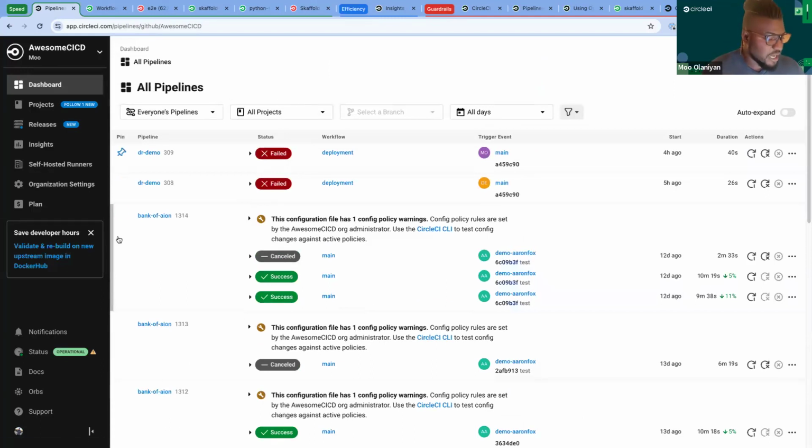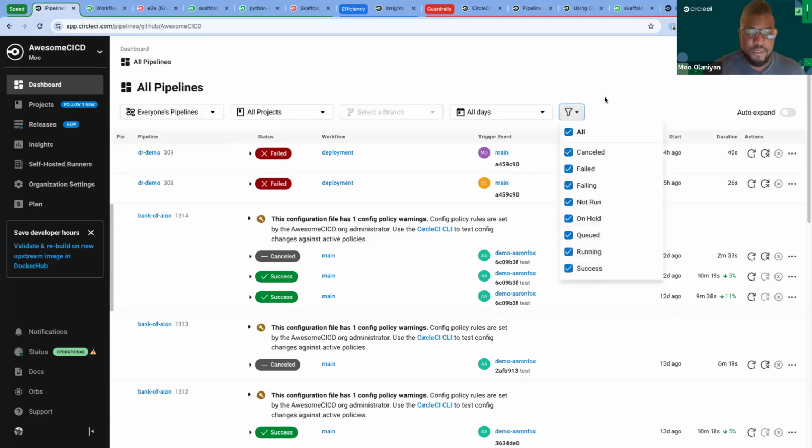These pipelines here on the left are information-rich. If you remember, pipelines are the highest unit of work here on CircleCI, and we can filter them, you can see here, by individual pipelines, projects. You can select branches, days, and also status, right? So we have pretty complex filters here for you as well.